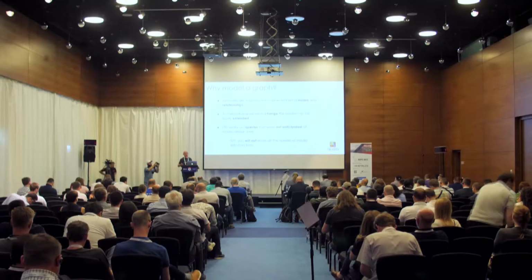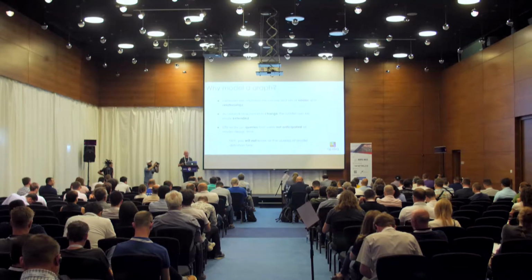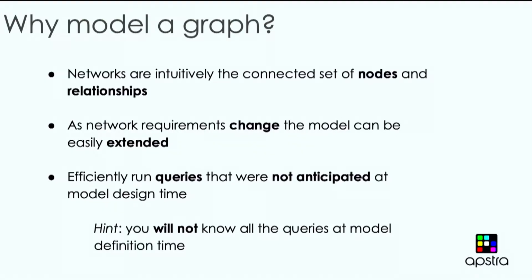And why do we model a graph? Networks are graphs. They are connected graphs. In the case of data centers, they are densely connected graphs. So it's very intuitive to represent a network as a set of nodes, edges, vertices, and relationships between them. The great property of a graph, the way you build your query, gives you the ability to build new queries in real time. So you don't know what kind of question you are going to ask tomorrow. Maybe you know it today, but tomorrow. Having a graph with well-defined nodes, objects, and relationships gives you the ability to craft your query based on your business requirements.